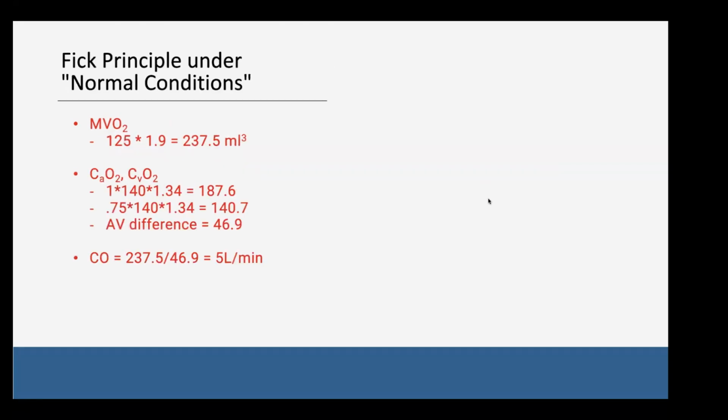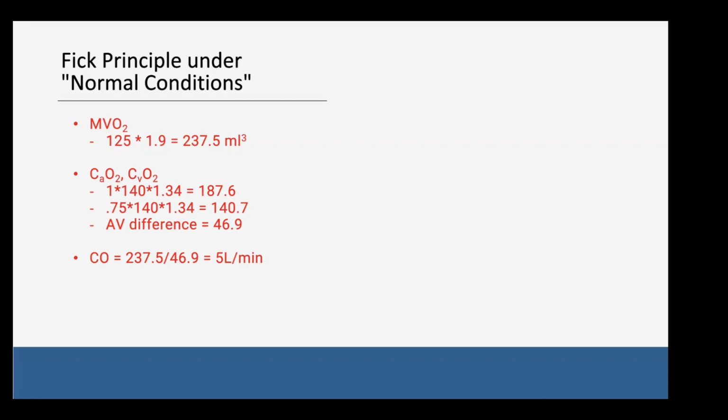So if we were to say this is under normal conditions, and this is where a lot of these numbers come from, a very common equation, although criticized for potentially being not so accurate, is the Dehmer, Firth, and Hillis paper, published an equation where basically the MVO2 was a calculation of 125 times the BSA.